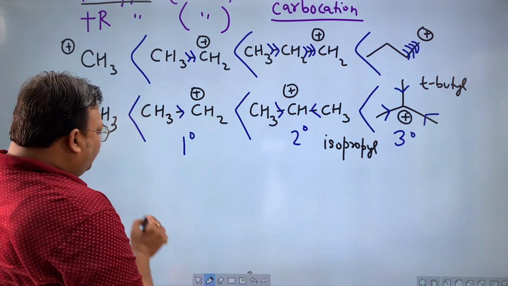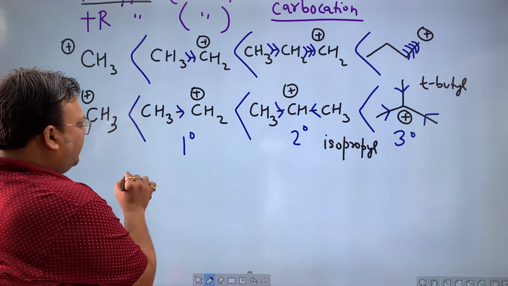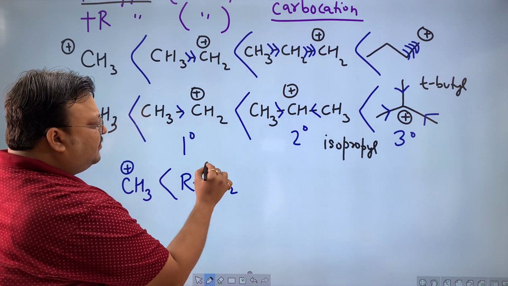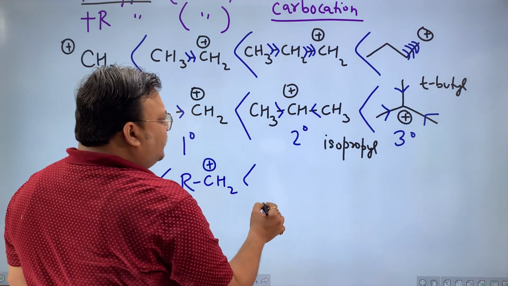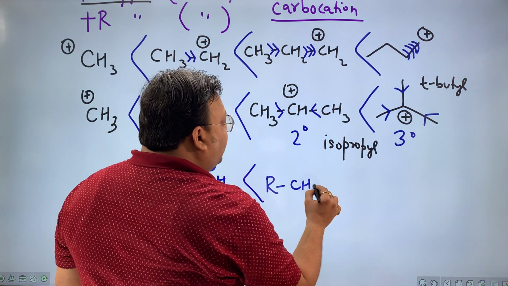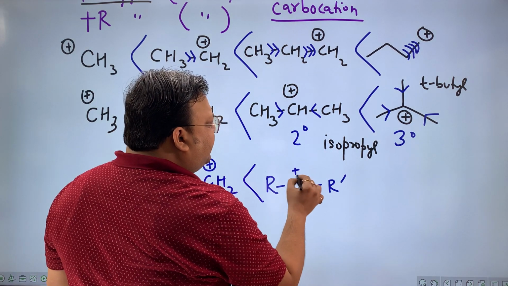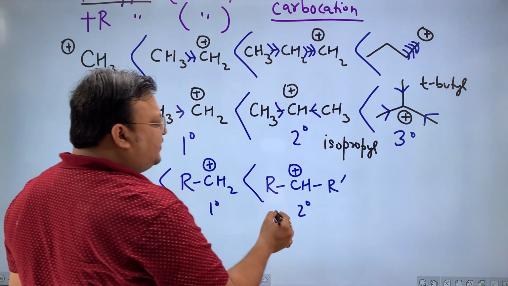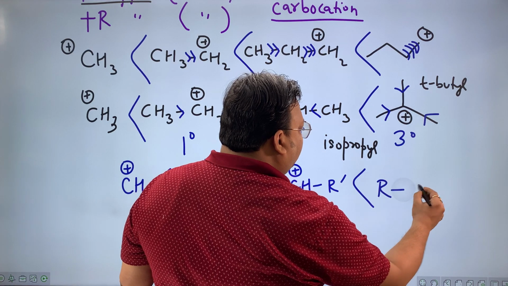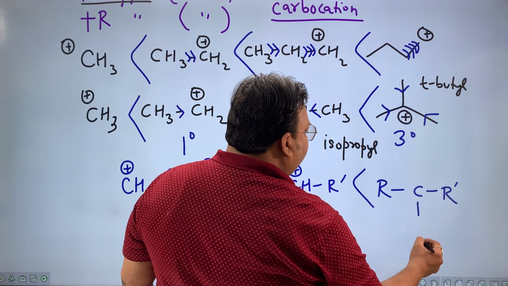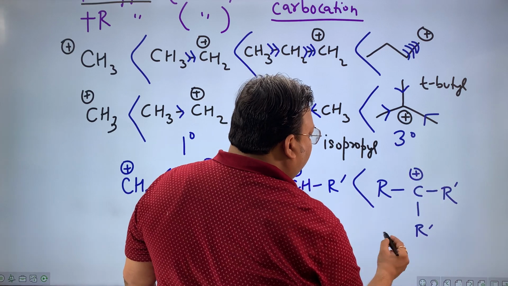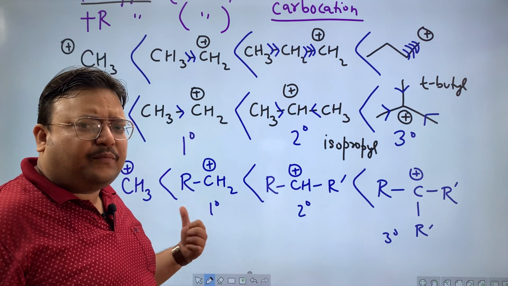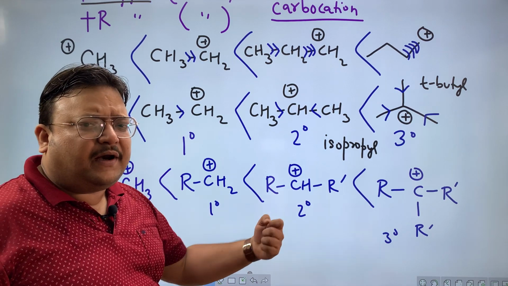In general, I could write all of this like methyl less than a 1 degree carbocation. See, this is 1 degree because it's attached to one alkyl group. Less stable than a 2 degree carbocation. R and R prime could be same or different, but it's 2 degree because it's attached to 2 alkyl groups. And this could be the representation of a 3 degree carbocation. Naturally, this will be the most stable because there is plus I from 3 directions. 3 degree more than 2 degree more than 1 degree more than methyl will be the overall stability of carbocations